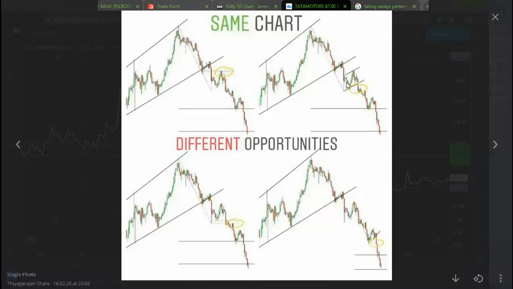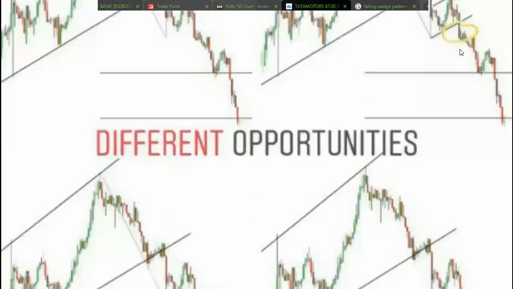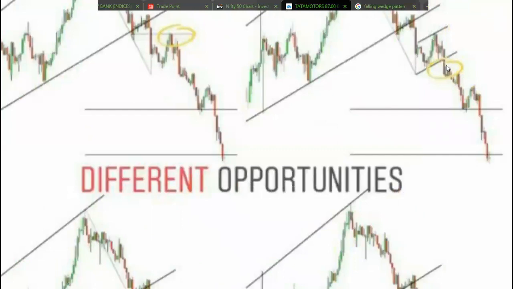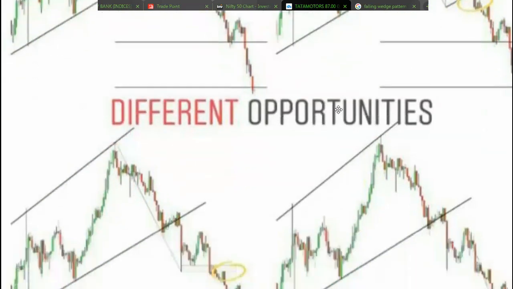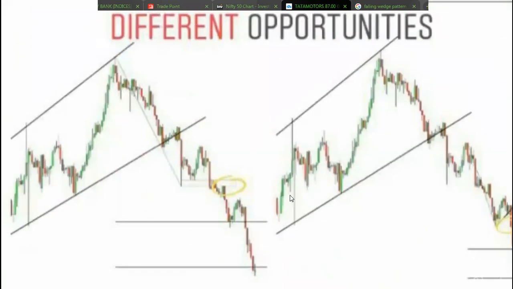So here in this second thing, if I am going to take a trade, I will take a trade when the candle is giving a breakout here, and my stop loss will be just above this bearish flag. It will be around here. My stop loss will be over here only. Okay, bro? So now we will see the chart in a different way.